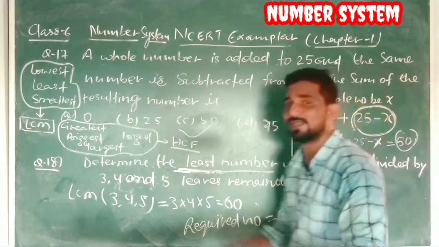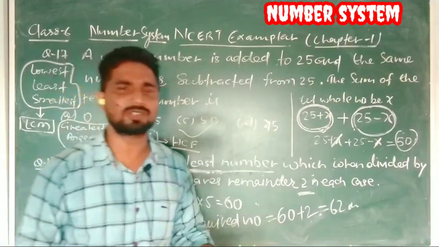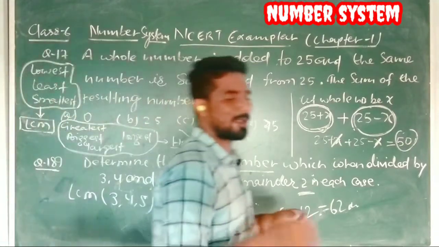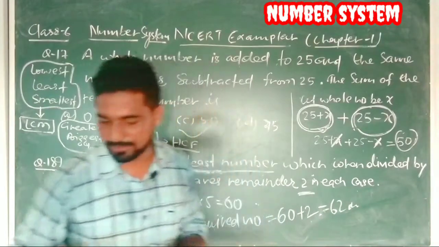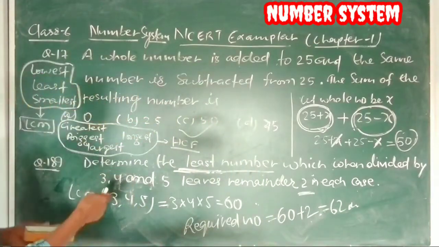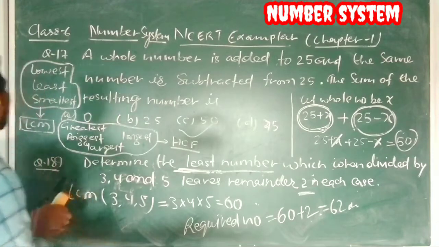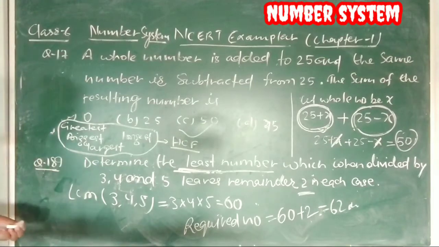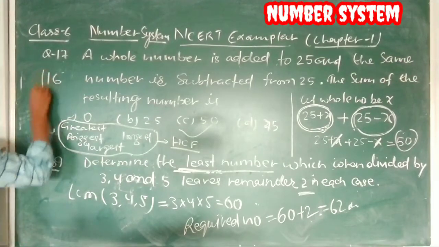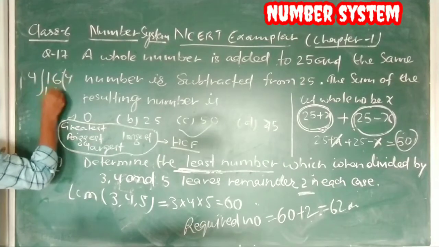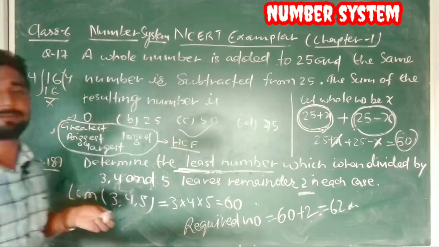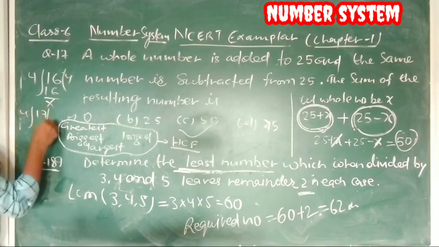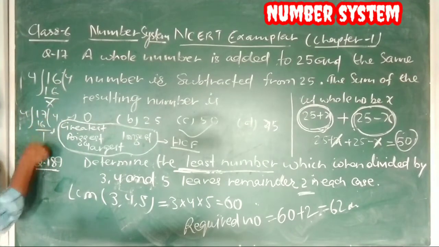Now you must be thinking, why do we add the remainder? Why do we not subtract? Let me erase a little bit, then I will tell you. If you want to have the screenshot, you can have it. Suppose 16 is divided by 4. 4 fours are 16, so 16 is divided by 4. But if you take 17 in place of 16, then it will never be divided by 4. 1 will come as a remainder.